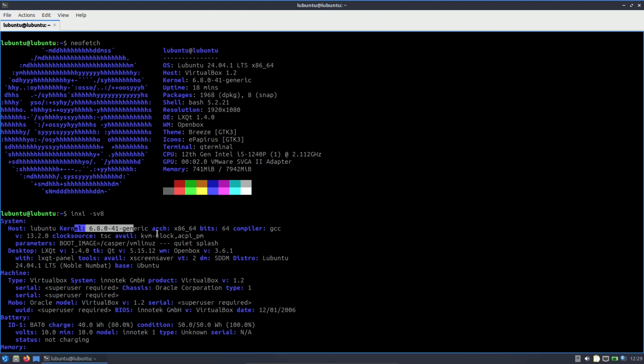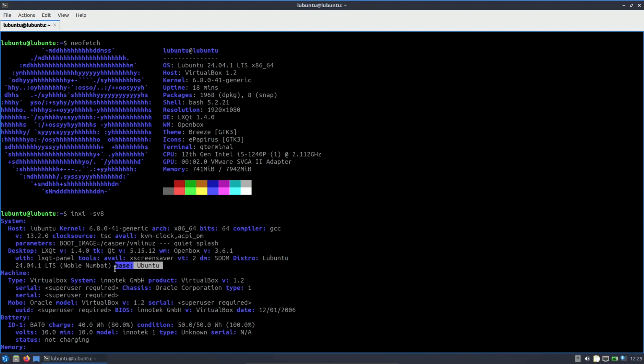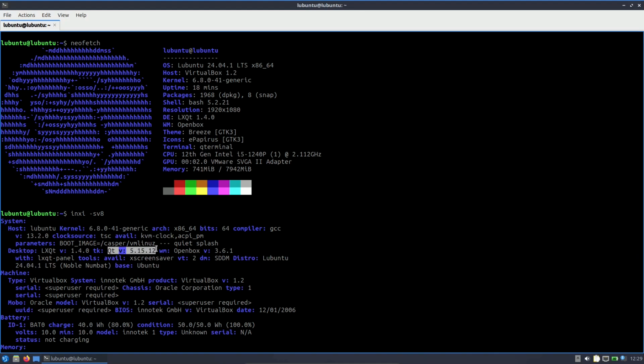Kernel, which I already mentioned, is 64-bit architecture. Compiler GCC version is 13.2.0, and it's based on Ubuntu. Here is the distro name, Lubuntu, Qt version 5.15.12, Openbox version 3.6.1, and desktop environment version 1.4.0, which